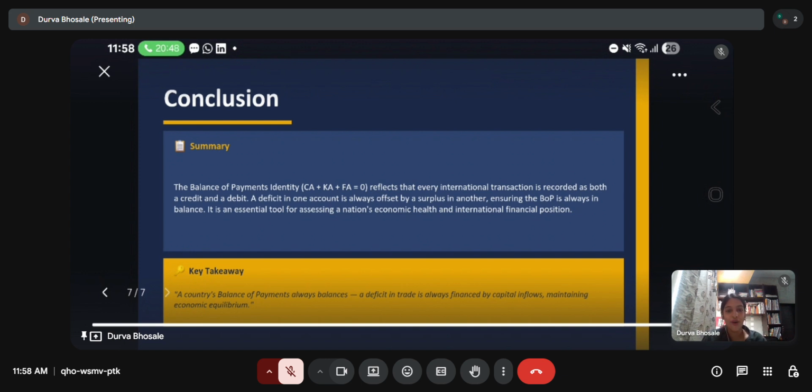The key takeaway of this project is that a country's BOP always balances. A deficit in one account must always be offset by a surplus in another, no matter what, thus satisfying the